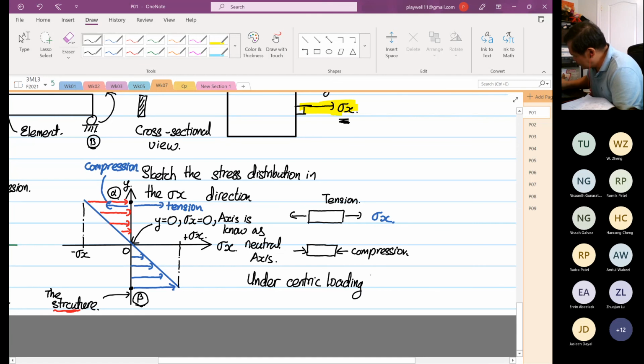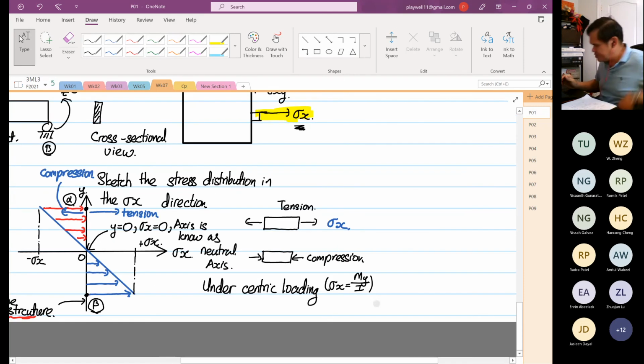When I say centric loading, it is where stress x is equal to My over I. Later on we look at eccentric, which is the opposite of centric. So under centric loading, stress x equal to My over I,